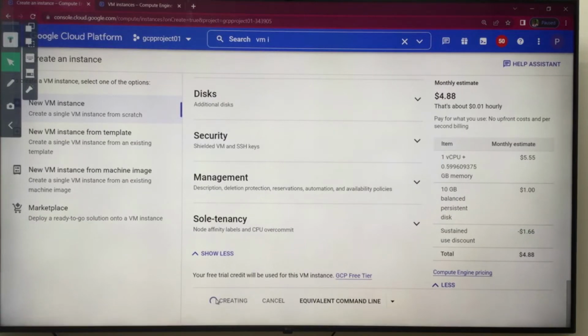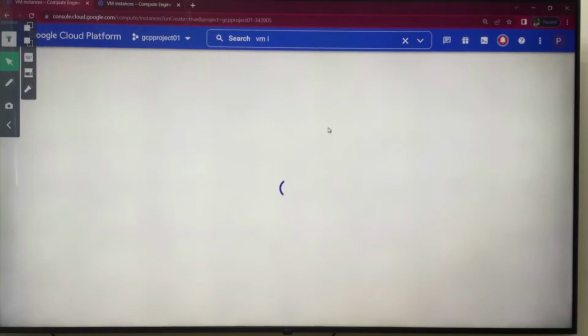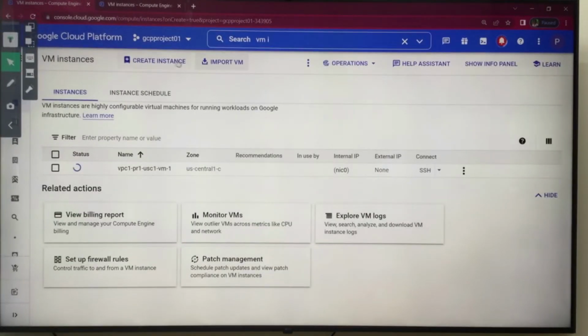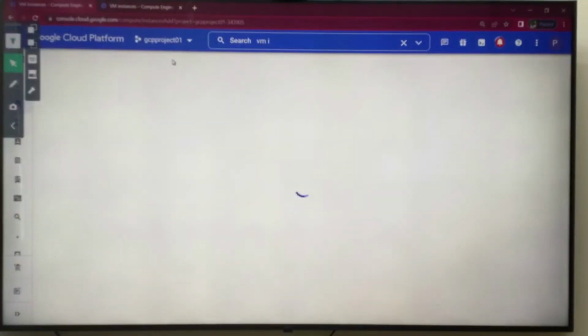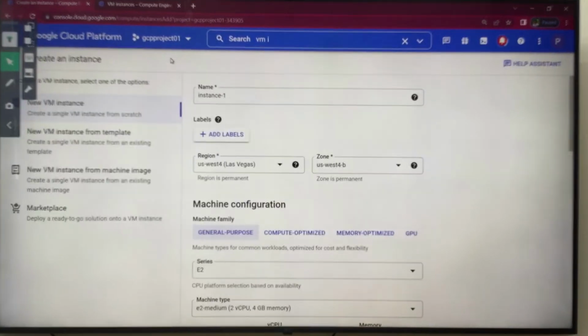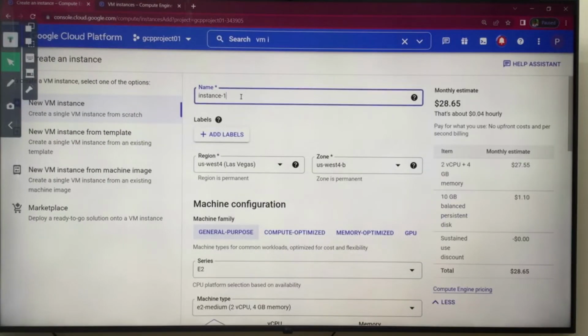Don't wait for it. Let's go and click on create new instance. Meanwhile, in the backend your VM instance will be created in the US Central 1 region. Okay, the next name is, this VM is from VPC 1 PR1 Europe Central 2 VM 1.